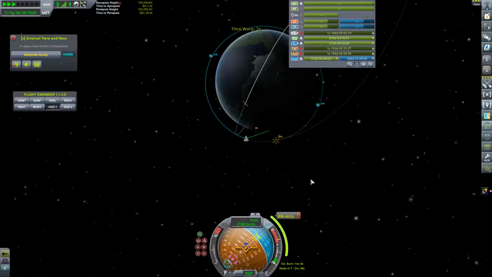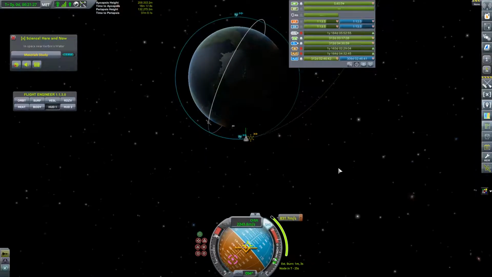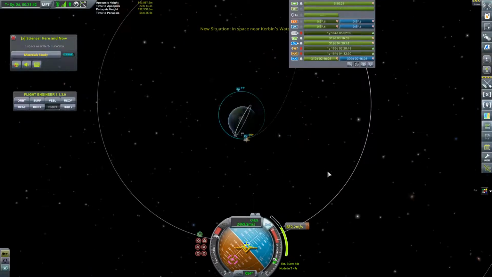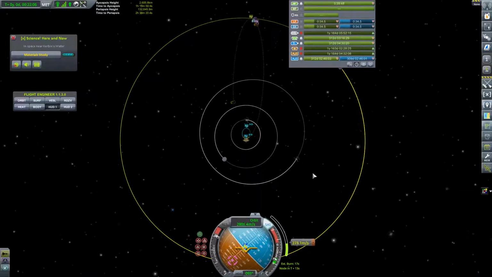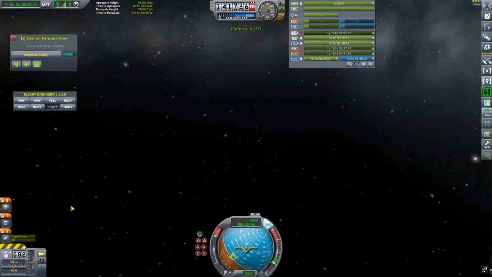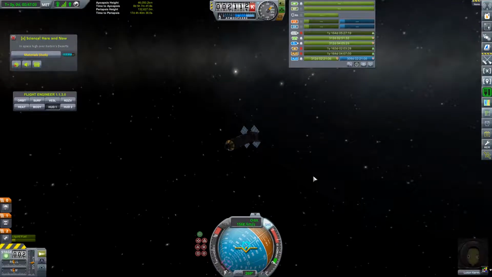Go ahead and get set up for the burn right there. And we'll initiate as soon as we get into close enough range, which is about what I do as a general rule for maneuver nodes: I start when it is T-minus half of the burn time. So if the burn time is 20 seconds, when it's T-minus 10 seconds, that's when I'll start burning. So you just pretty much halve whatever the burn time is, and that's when you'll start burning on the node. Now, does that work out all the time? No, but I mean it's